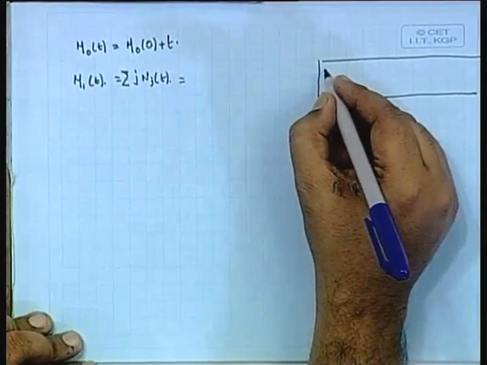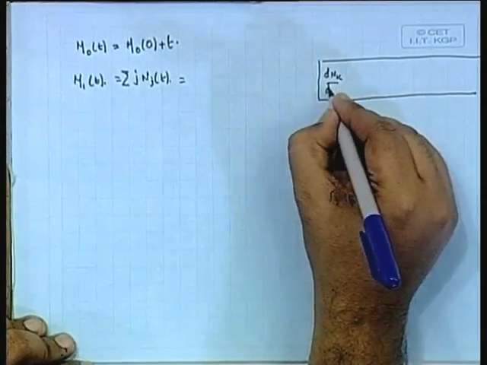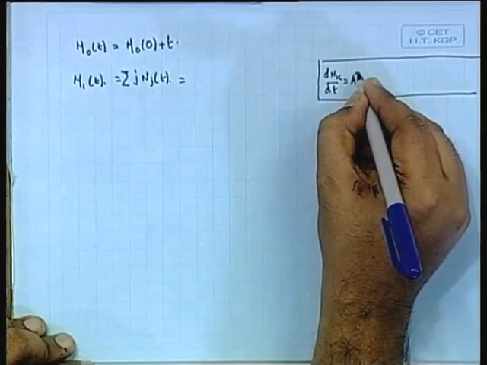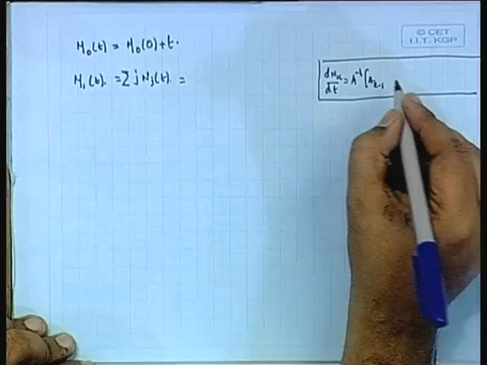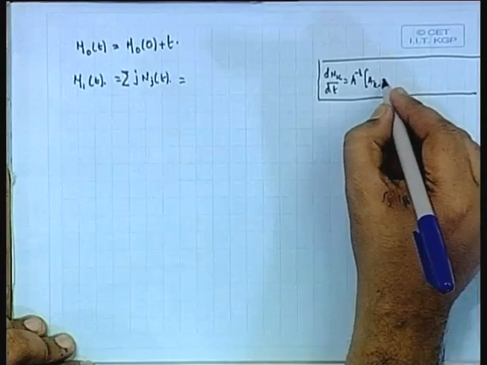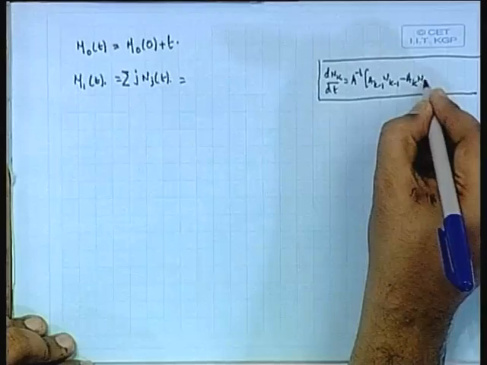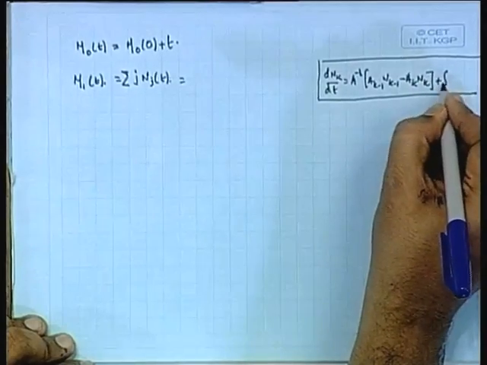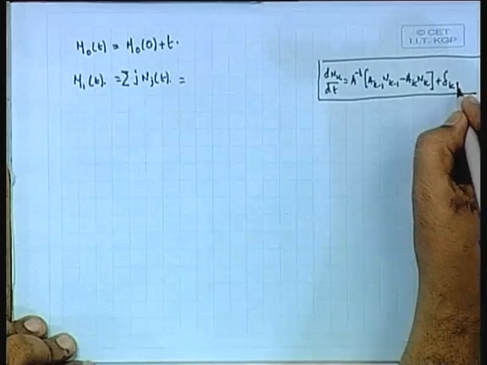What is the equation? d n_k/dt is equal to A inverse [a_{k-1} n_{k-1} minus a_k n_k] plus